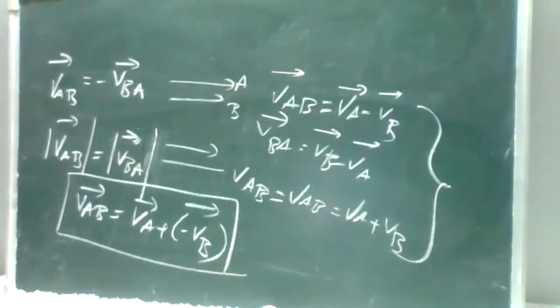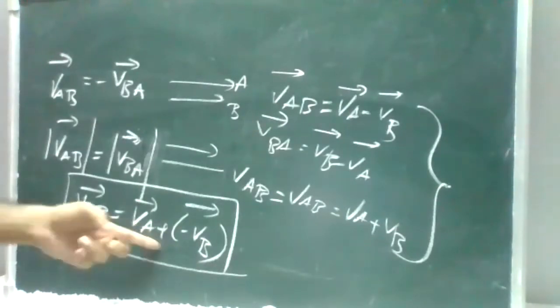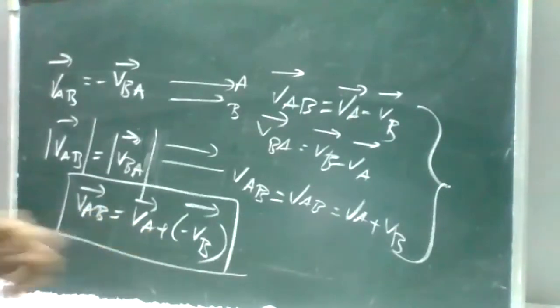And if you want to find the resultant, VAB is nothing but your vector. If I want the resultant magnitude, here there are two vectors. Their resultant, we already discussed in the triangle method and parallelogram method, which is nothing but VA, because here the two are in opposite directions. It is nothing but your addition, the triangle method, the addition property.